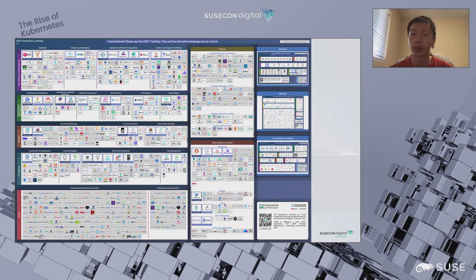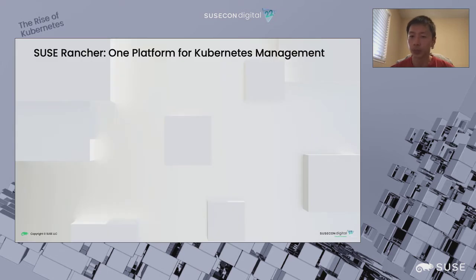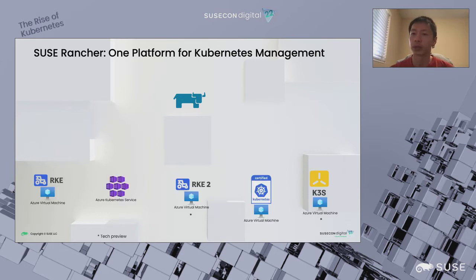And so how do you navigate this complexity? This is one of the reasons why Rancher was built. And this is where Rancher comes in, right? It's an enterprise grade container management platform for Kubernetes clusters. It does many things, but I think its strongest point is making Kubernetes easy for everyone, commoditizing it.